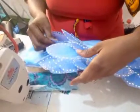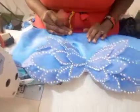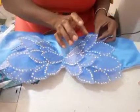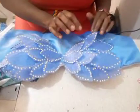I don't even need anything to hold it because of the way I laminated the organza. I laminated 3 times, and that was why I had to laminate 3 times, so that it can give me that standing effect, that standing ovation. So this is how it is. So I'm going to continue